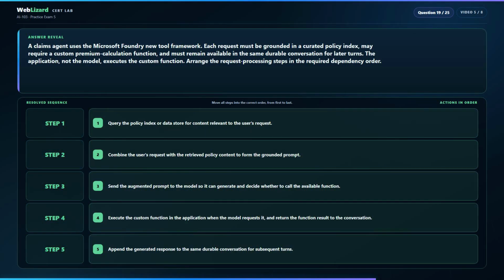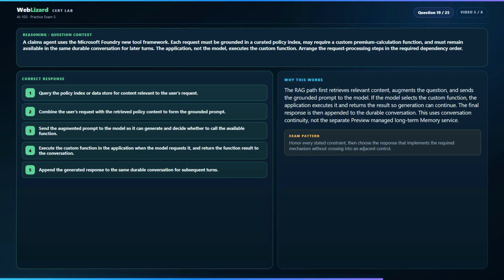Correct response. Step 1. Query the policy index or data store for content relevant to the user's request. Step 2. Combine the user's request with the retrieved policy content to form the grounded prompt. Step 3. Send the augmented prompt to the model so it can generate and decide whether to call the available